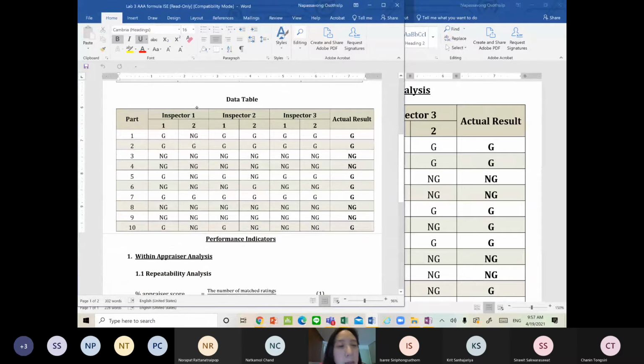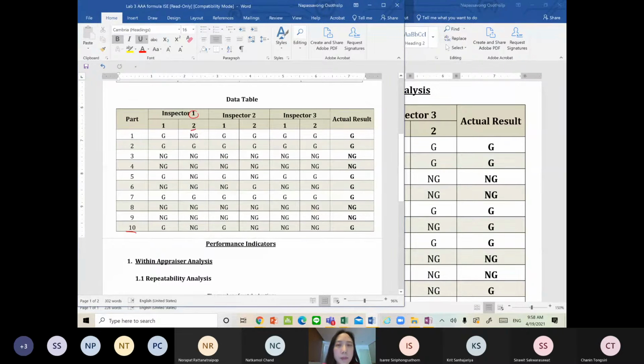For inspector number 1, he inspects 10 parts, 2 times. So they have 20 opportunities to tell the results. This is the first opportunity, the second opportunity to tell the result, third, fourth, and then 19 and 20, right? So the number of opportunities for each operator